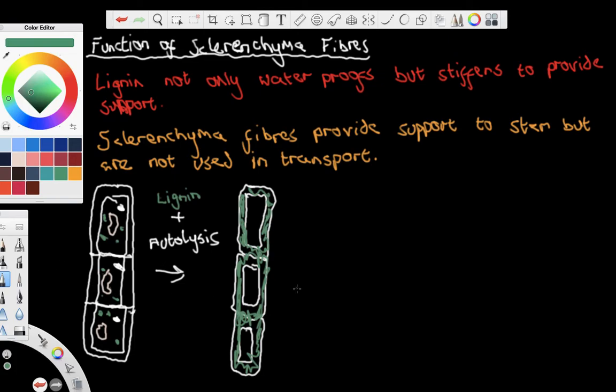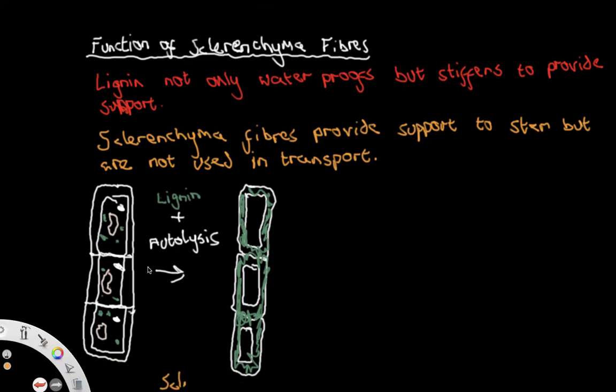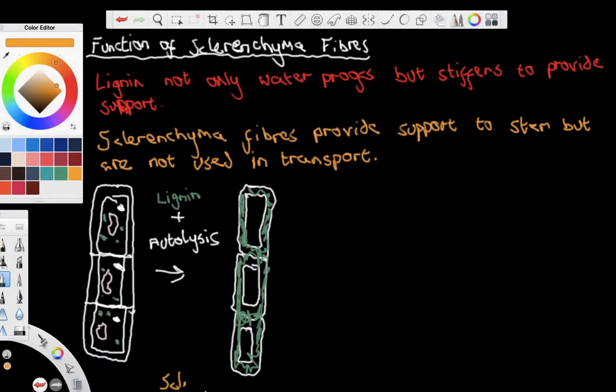This is the sclerenchyma. So I'll just add that these are sclerenchyma fibres. Okay, these are the sclerenchyma fibres. So we can just add that cells are placed end on end,